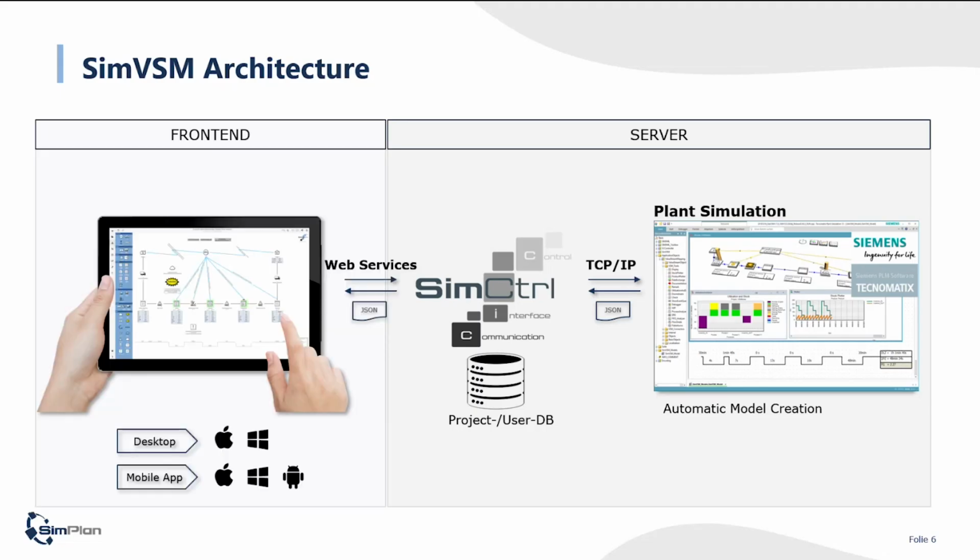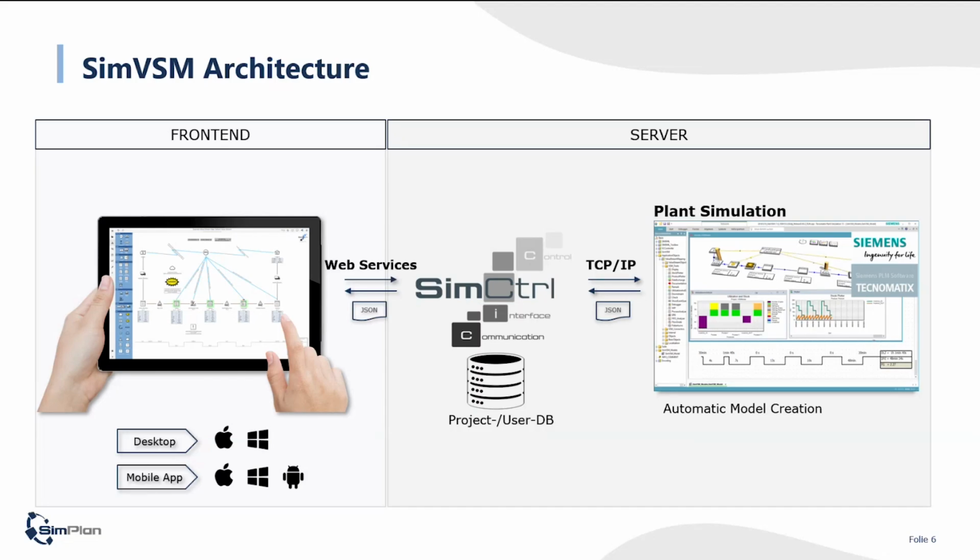And to the front end, or as a connection to the server, you would have on the left side here a simplified overview or a graphical user interface, which also is implementing a toolbox for objects and icons mapped to the value stream library, and also mapped to a standardized set of icons there. And there you can also map your models in a location-based modeling interface, connect your objects there as well, put in parameters the same or quite similar to the plant simulation ones, and then by a click of a button you can transfer this automatically to plant simulation there as well.